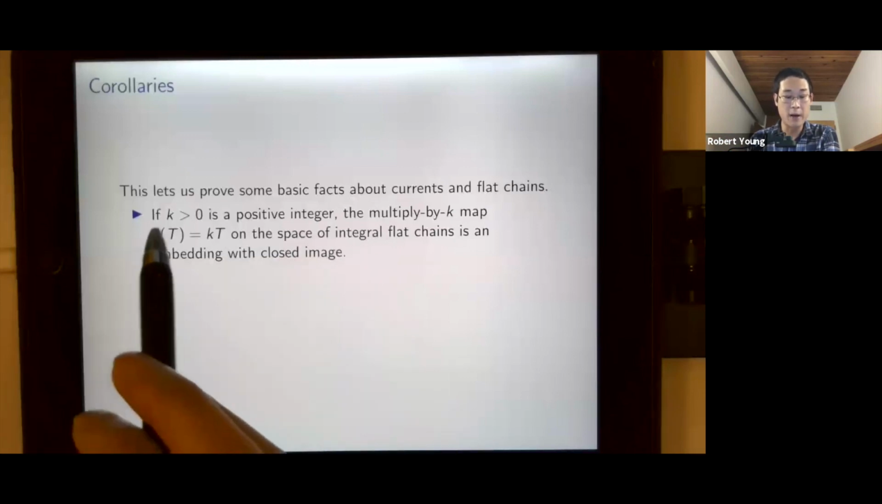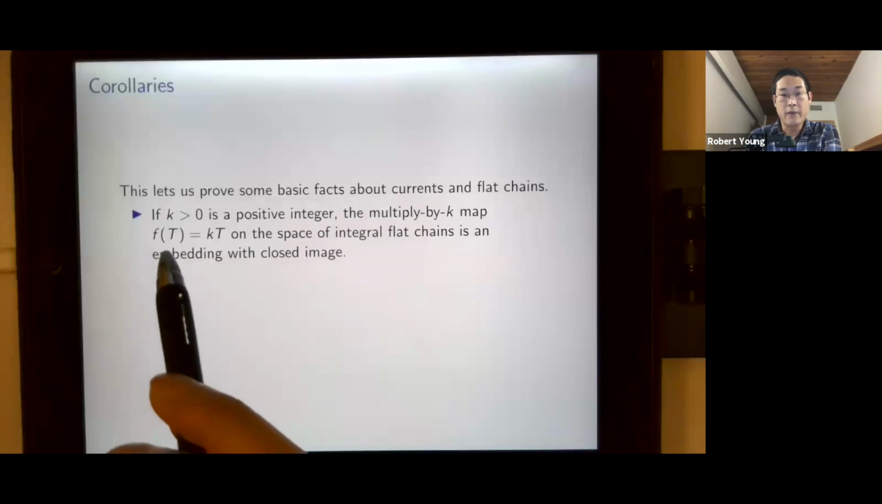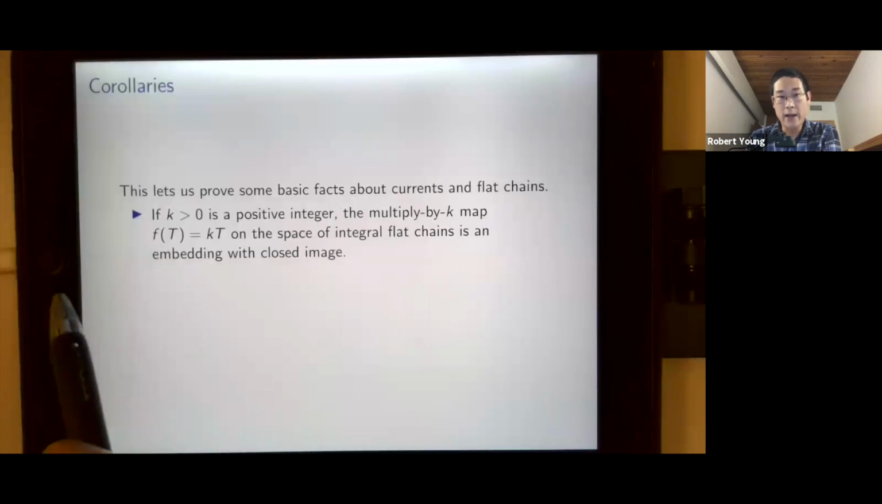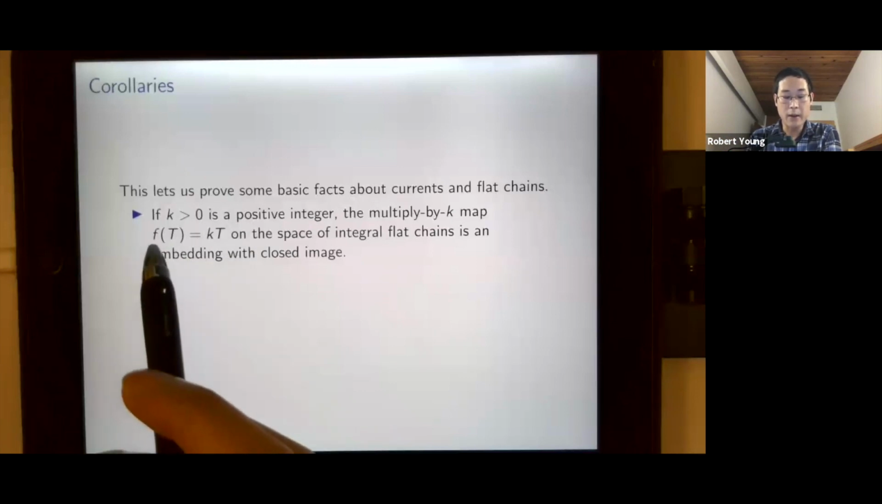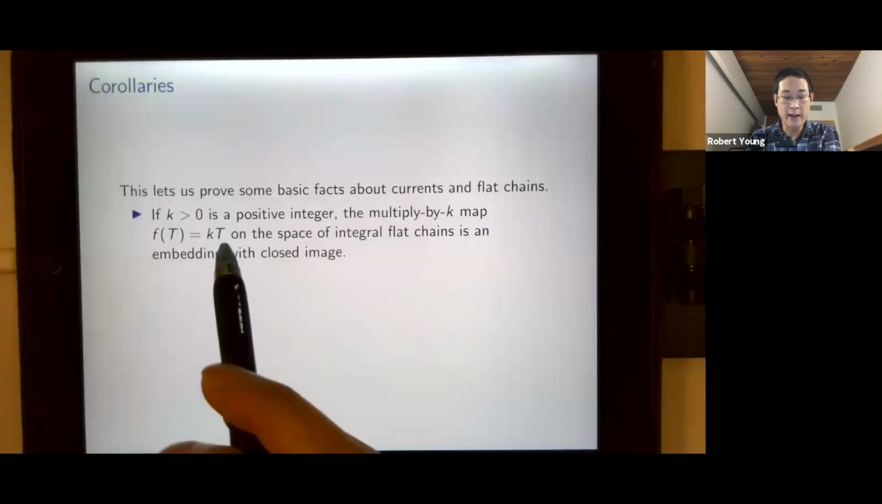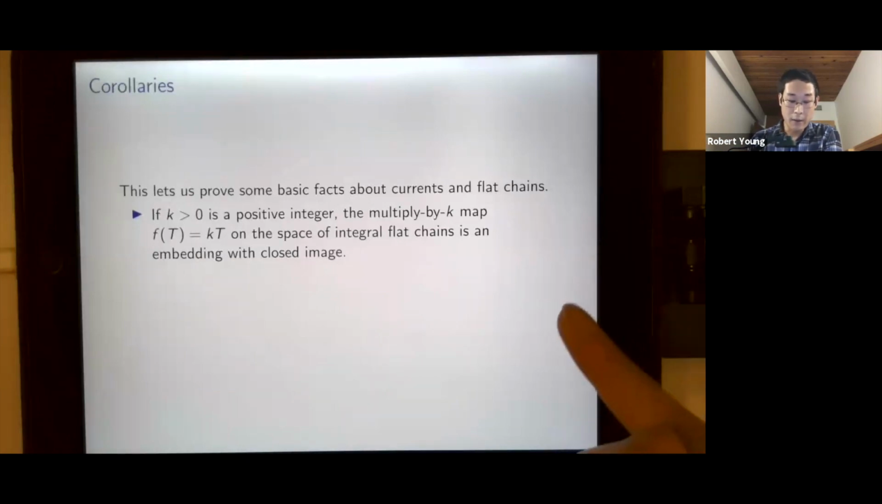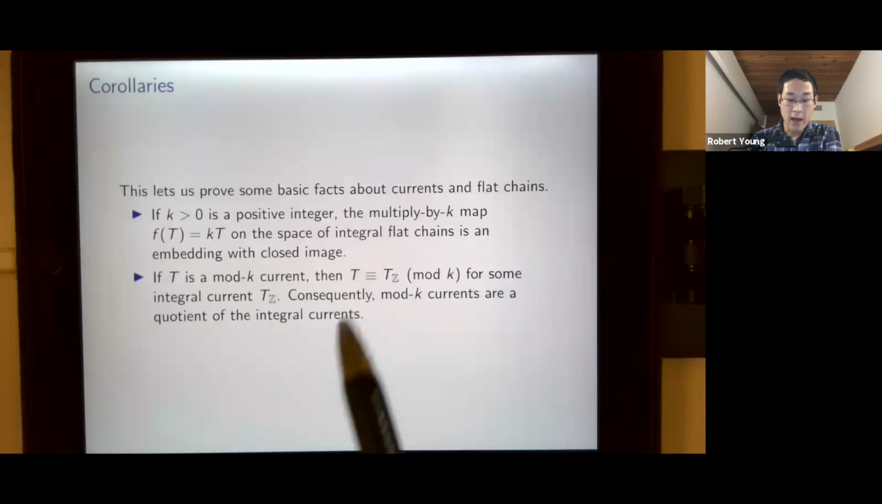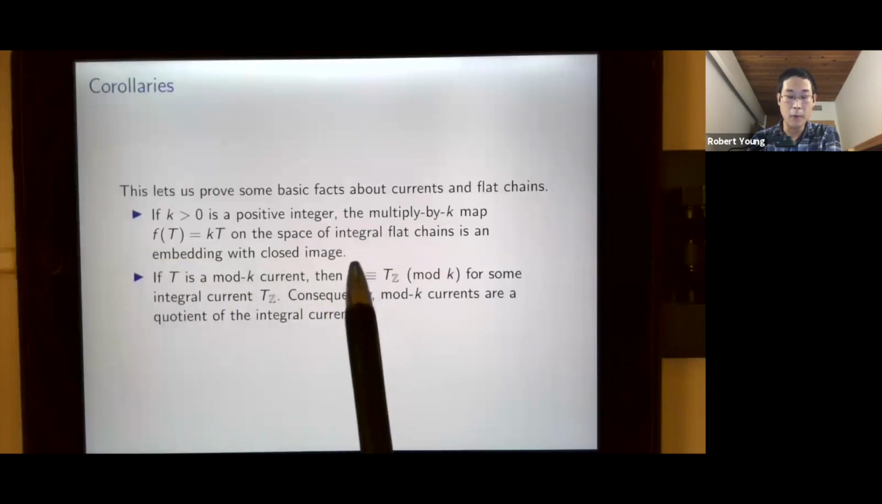And for the same reason, this flat norm isn't quite linear. If you take one of these Klein bottle examples, the flat norm of 2t is not quite twice the flat norm of t. And so it's not immediately obvious. It's not obvious a priori that the map that multiplies a chain by k is necessarily going to be an embedding. You need something like this in order to show that. Another consequence is that, well, once you know that the space of multiples of k is a closed subspace,